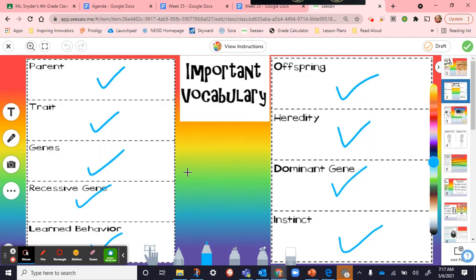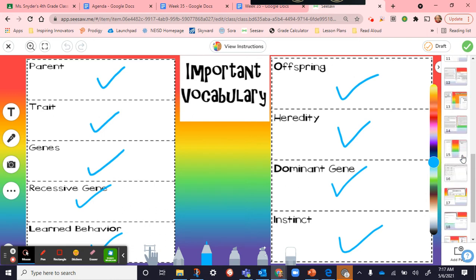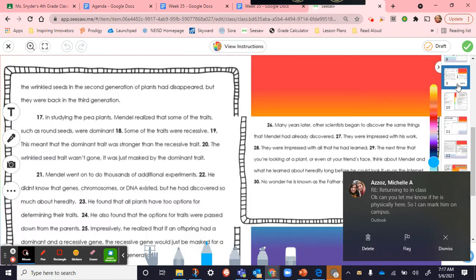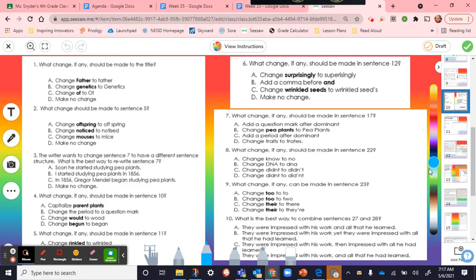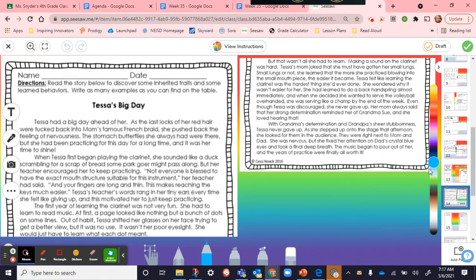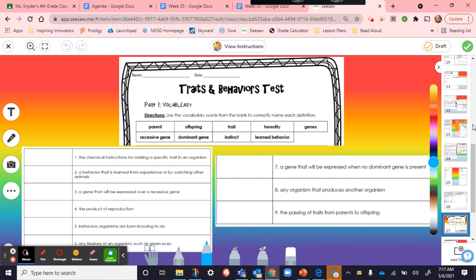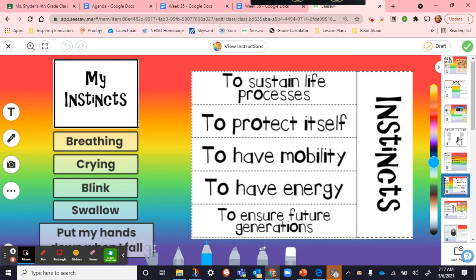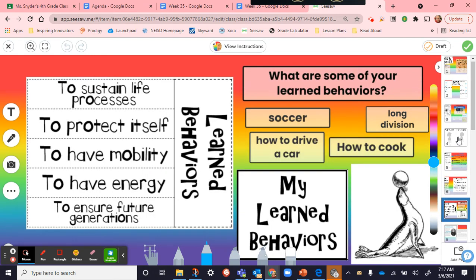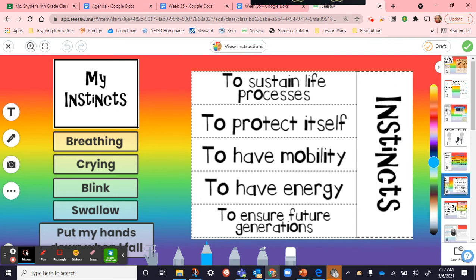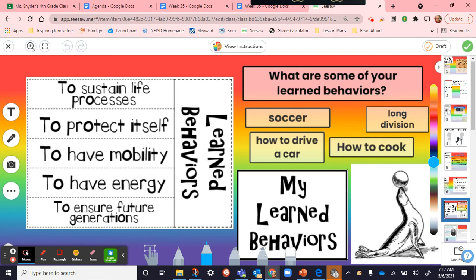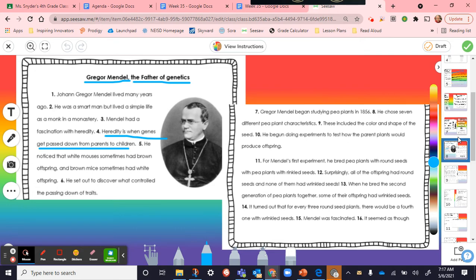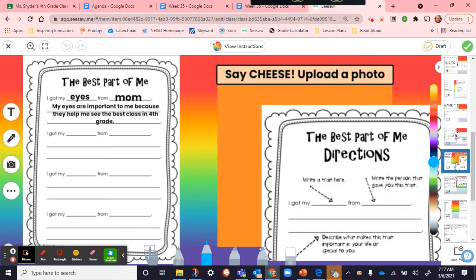Okay, so page 2. We got the definition for what a learned behavior is, an instinct. And then if you go down here, right here, we talked about some instincts and put them on the left-hand side, and then some learned behaviors, so things that you were born knowing how to do versus things that someone taught you. Then down here on the bottom,